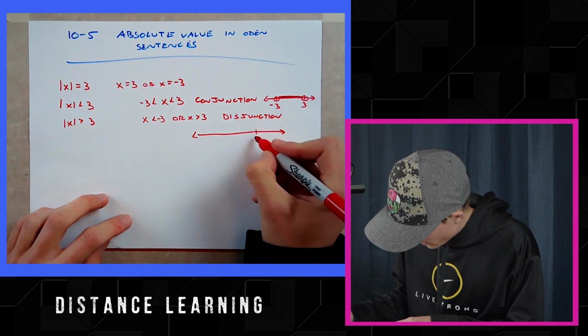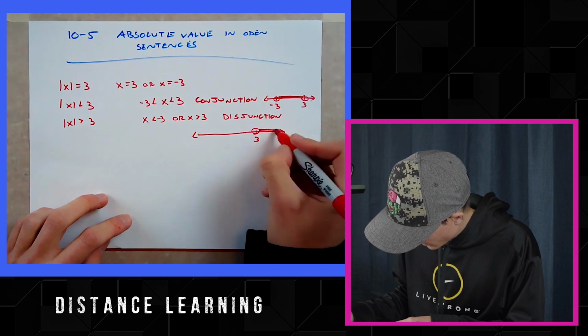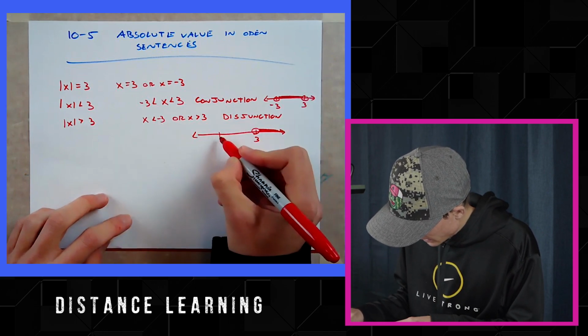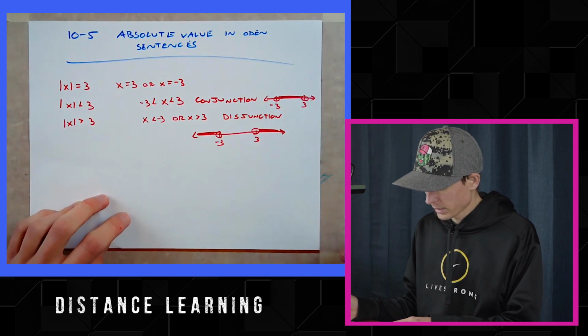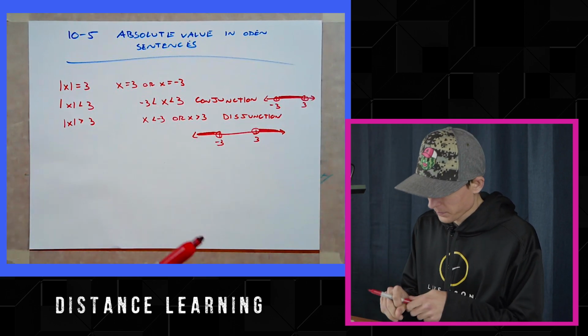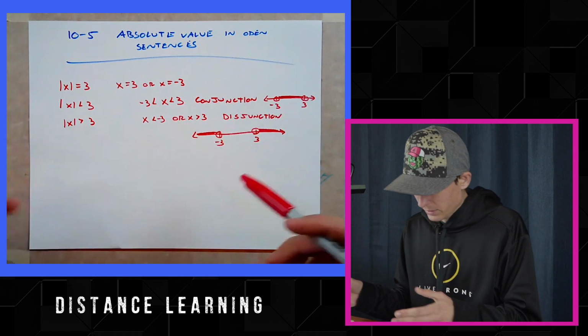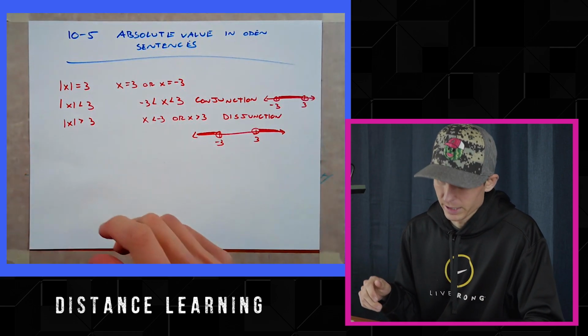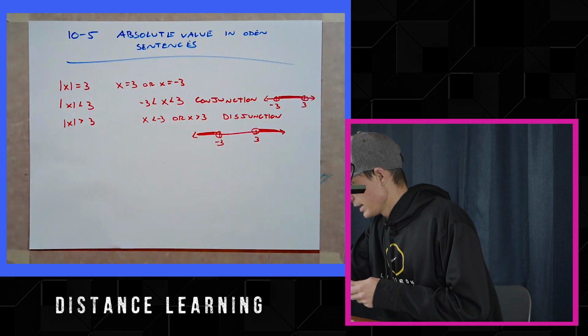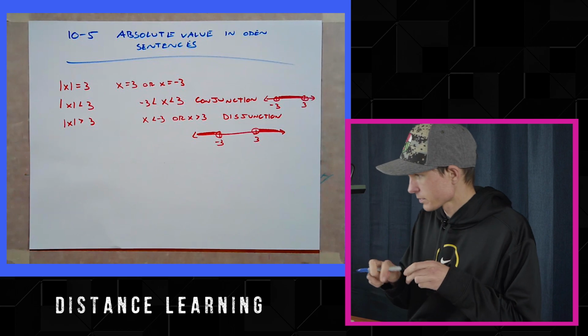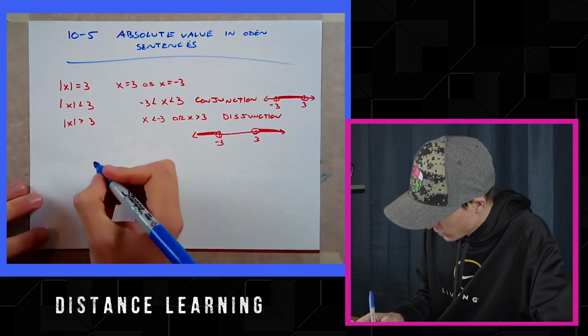Because if x is greater than 3, that means that way. It's less than negative 3, it's that way. So they do not come towards each other. This might sound confusing, but once you graph it, you'll realize, oh yeah, these aren't together. They don't come together. So when you solve,